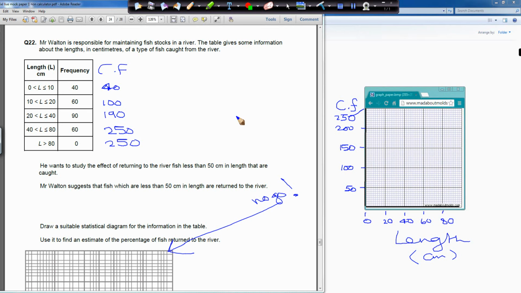Okay, right, so let's get cracking with some of the plotting points now. We're still annotating. Let's get some points in that green. We know now when we do cumulative frequency, we always plot the class boundary points at the end. That will be your x values, and the cumulative frequency will be the corresponding y values. So we have to go across by 10 and up by 40, so it's going to be 5 squares across and up by, so